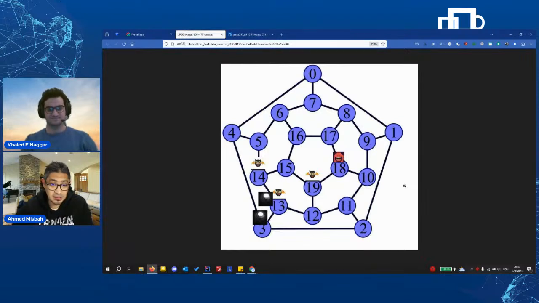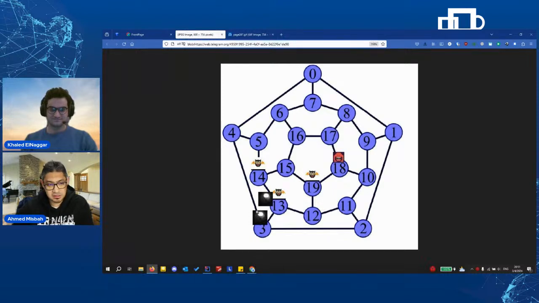As Khaled has said, there are some hazards. So if you move to a cave where there are bats, the bats are going to move you to another random cave. And some caves have pits. So if you move into a cave where there's a pit, you fall into this pit and you lose the game.